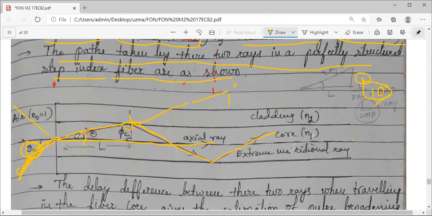So if you see the structure, you have a distance. Let us consider only this triangle. Okay, this is your air. N0 is the refractive index of air. Core N1, cladding N2. Considering this triangle, you can see the angle of incidence is theta and the critical angle is theta c. So this is your distance traveled. Now, for each of these rays, one axial and one meridional, I will try to calculate the time, in terms of velocity. Velocity is equal to distance by time. We know that. From that concept, let me go for calculation of the travel time.